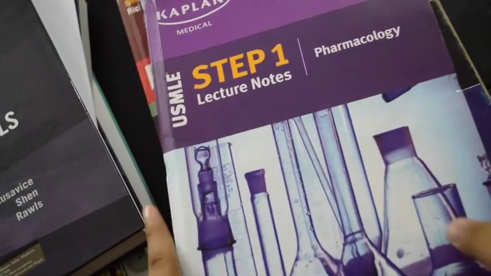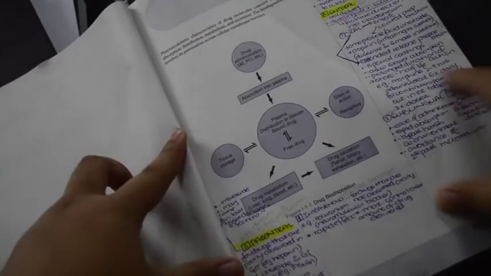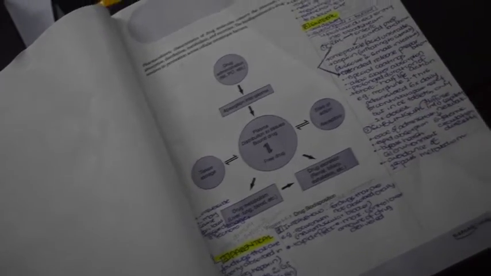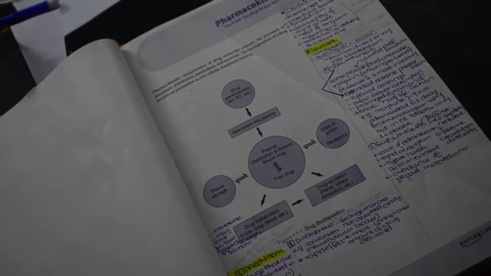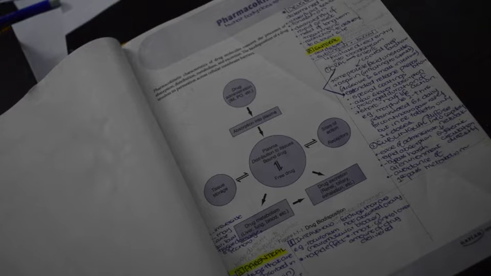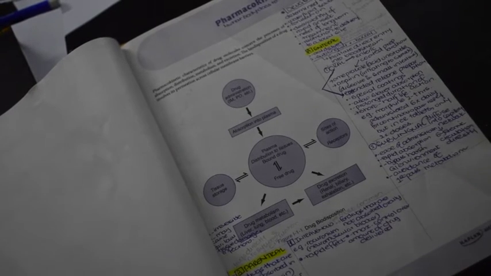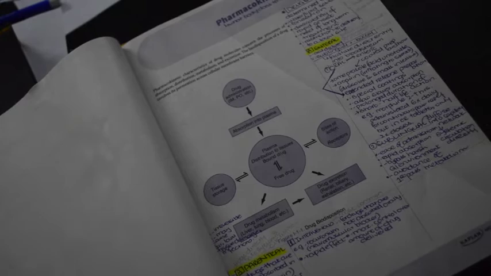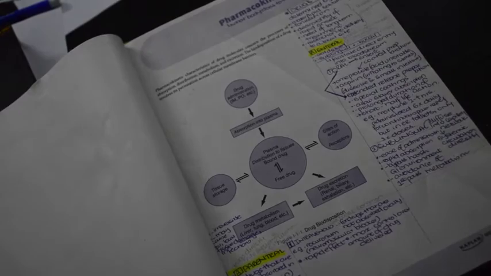So yeah, this book is actually really good. You see how I made these notes over here and here. This book has very little information, only the information that you need to revise everything. The lecture notes here are something that you need to revise. So what I do is I open my Lippincott and my Katzung, and when I'm done with them, I come to this book and make these notes like this. This is actually pretty easy. I haven't made a lot of notes over here, but I've just started studying properly.